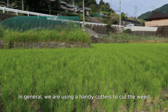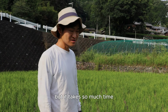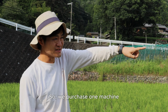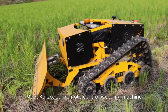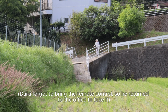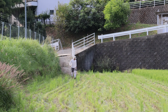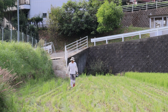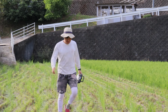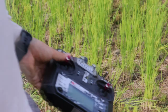In general, we are using handy cutters to cut the wheat, but it takes so much time. So last year we purchased one machine. Meet Karzo, our remote control weeding machine. Show us the remote. これがコントローラー。